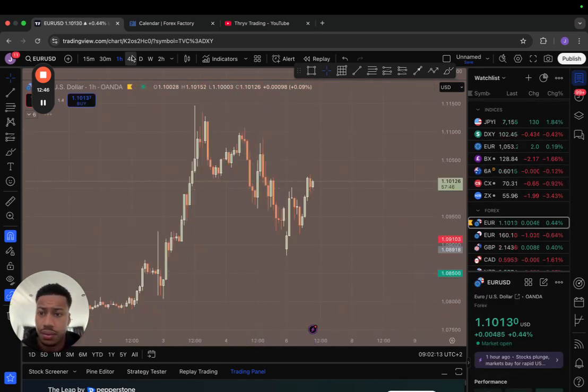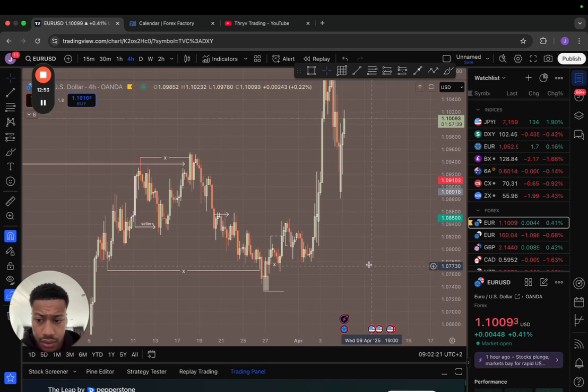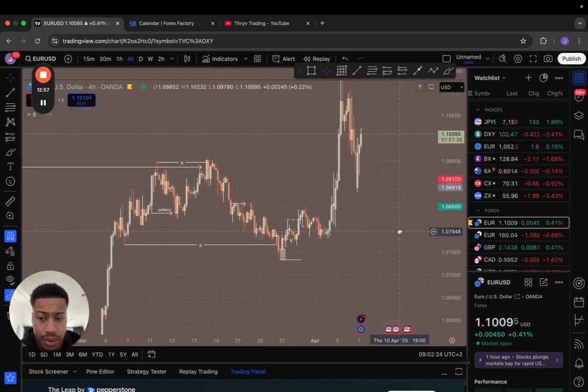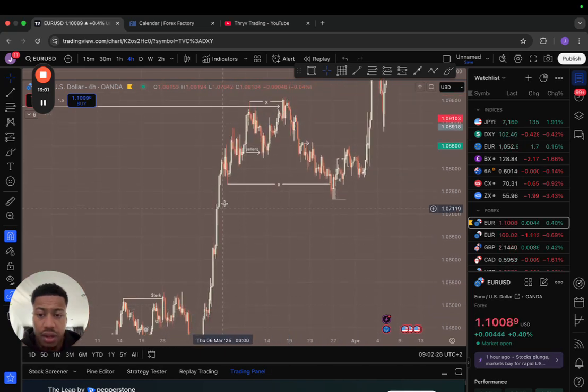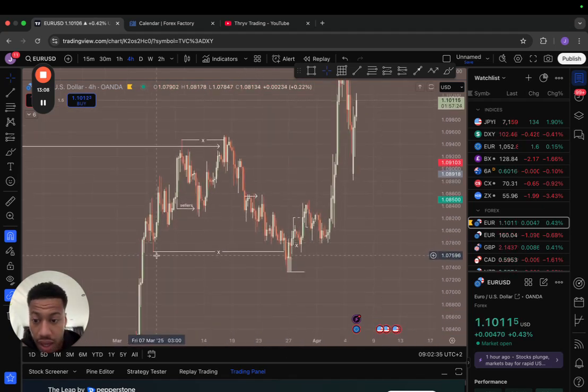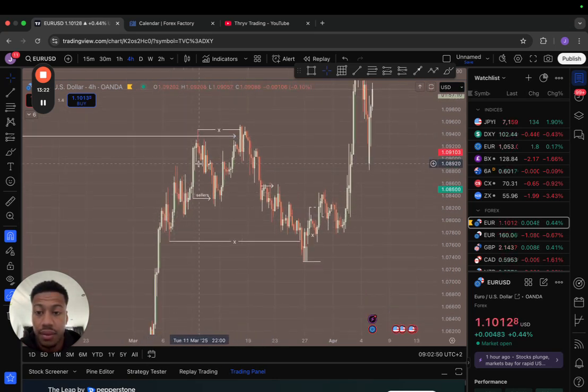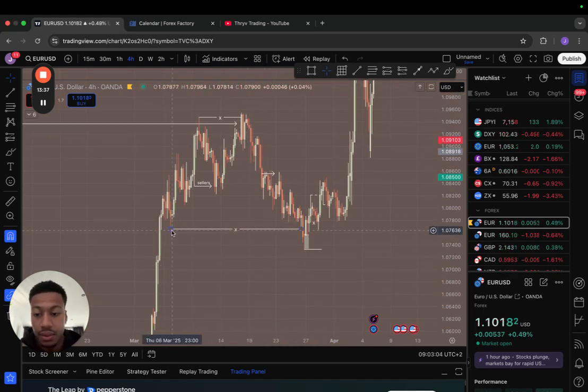So let's take a look. So here we also had a very big move, which can be declared by the big move on euro that we saw earlier. And here we also saw this temporary high that we saw in euro, but now this is on euro USD. You can see the same high as well. So here higher time frame liquidity has been taken out as well. And then the liquidity been taken out. Sellers come into the market, and then they are stopped out above this high, meaning that all these early sellers has been played out, and then we see this bearish move. This liquidity has been taken,